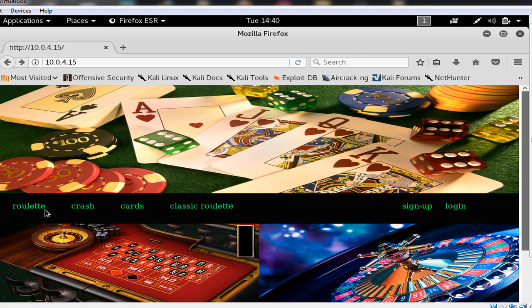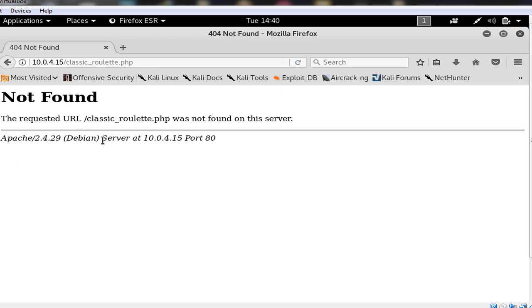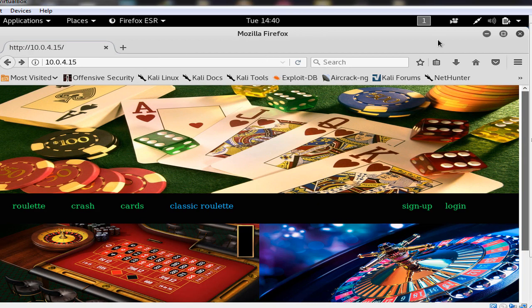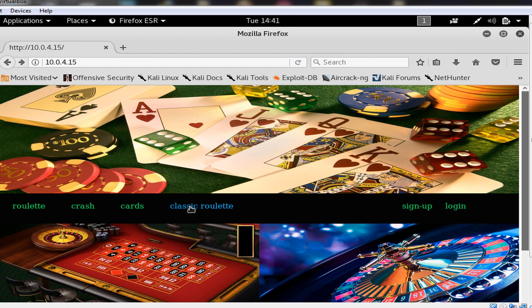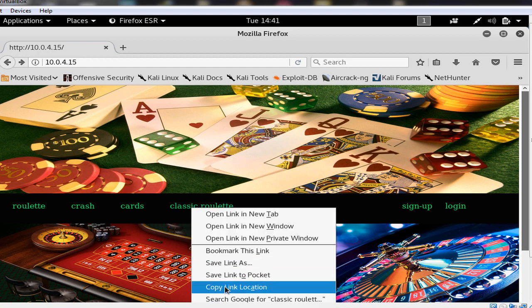The one that we are interested in for this lecture is the roulette in here, or the classic roulette, that when the user clicks on it, we want him to be directed to a specific page of the roulette game. So in here we create a page with the name of, for now, so you see the classic roulette in here. If I right click and choose inspect element,